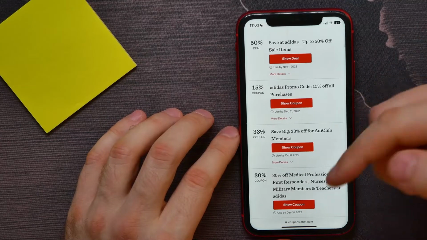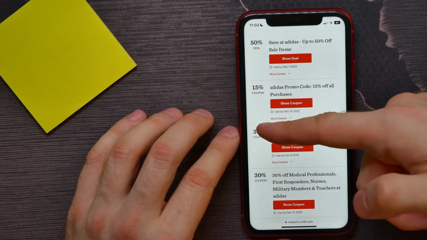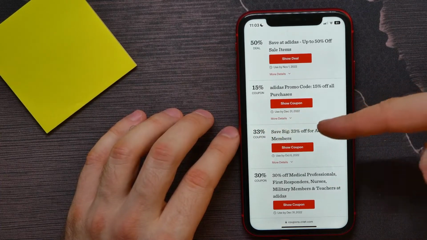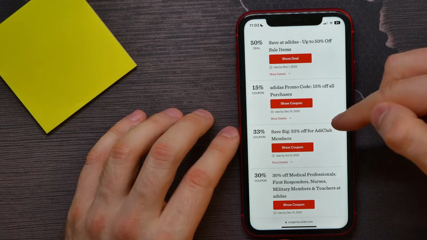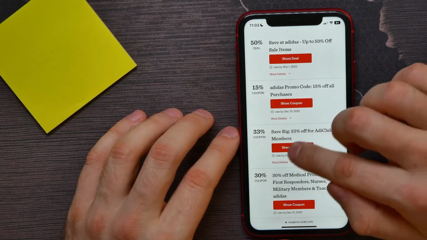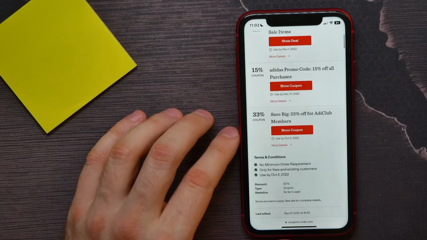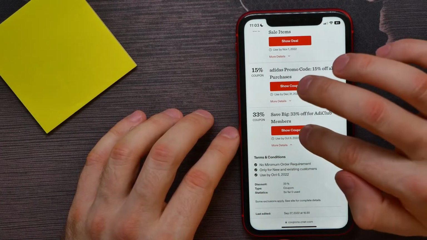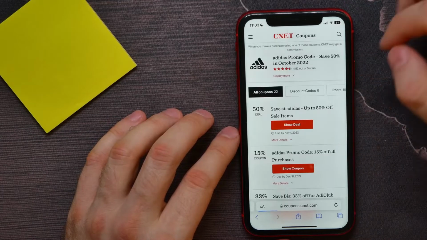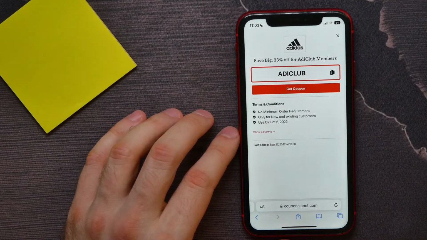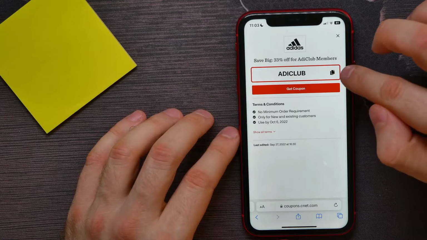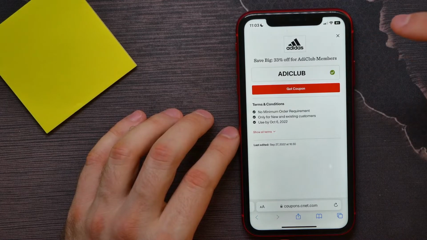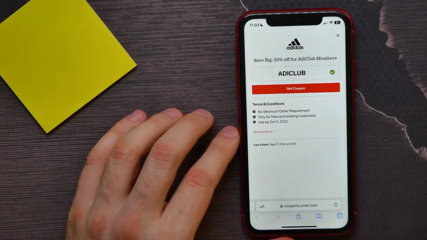For example, that one gives me 33% off for AD Club members. I can hit there at more details to get some extra information, and also then I can tap at show coupon to see that discount code. Then I can tap on this icon to copy it to my clipboard,